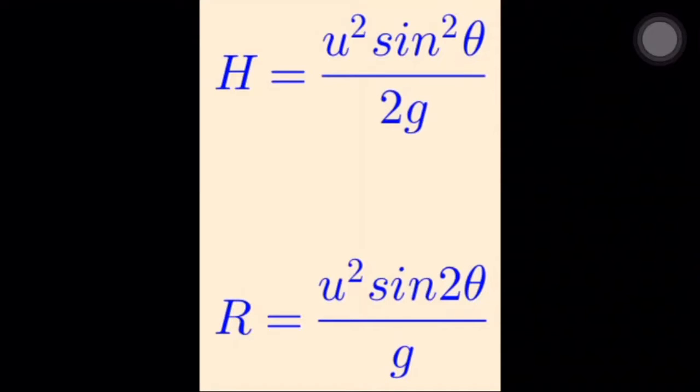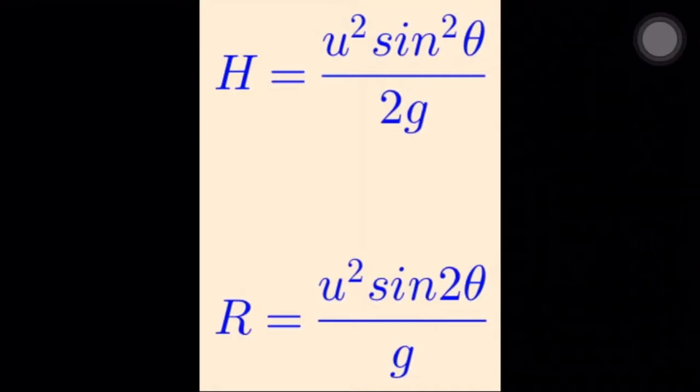is equal to 45 degree, because when theta is 45 degree the value of sine twice theta becomes 1 and the R is equal to u square by g. It is because value of sine theta varies from -1 to +1. So for other angles the value of sine 2 theta becomes less than 1, but if the theta is